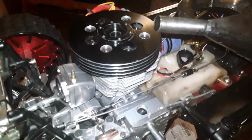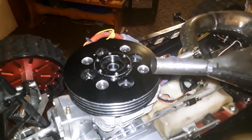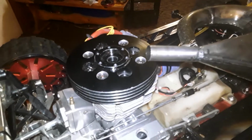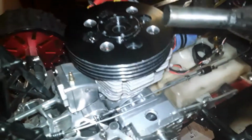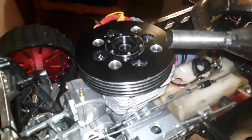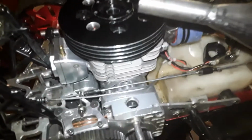Okay, now for $250, I will do complete reed porting, same kit. You'll get piston, rings. I'll cut, lighten, window, everything. It'll be brand new piston, brand new rings, brand new pin, brand new top bearing, no spacers. I'm sure you guys already have those. If you don't, of course, I could get you a set or whatever. And that's for $250. I know that's kind of cheap, but what I'm trying to do is get out there,